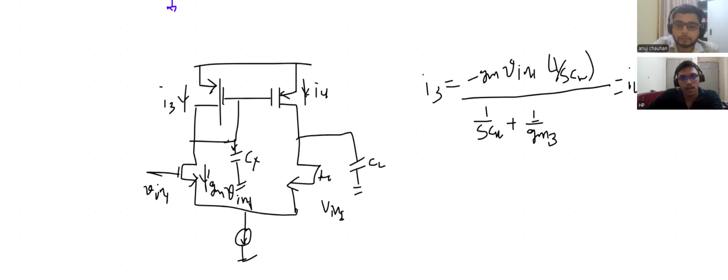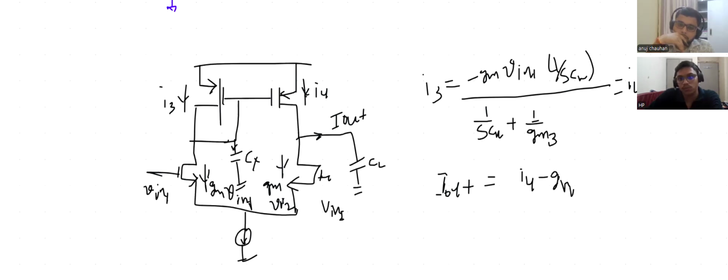And similarly here also I have another current, gm Vin2. If I assume this as Iout, my out current is nothing but I4 minus gm Vin2, and if I simplify this, I think I will get